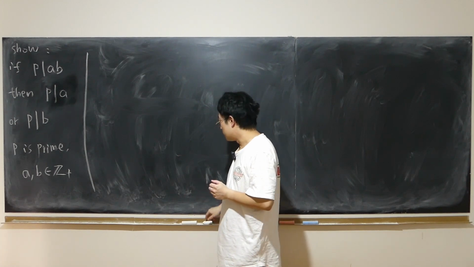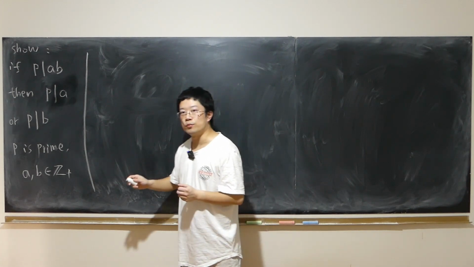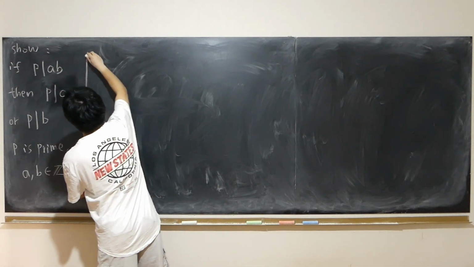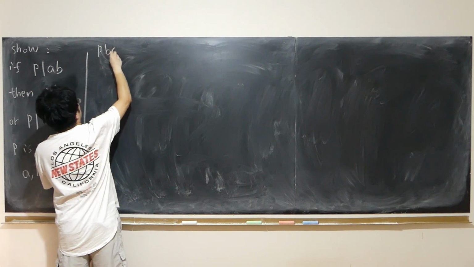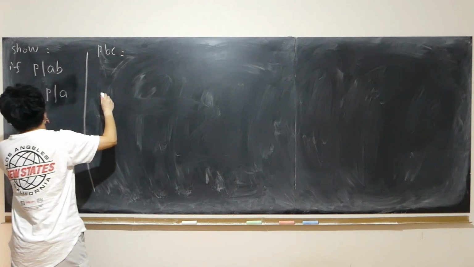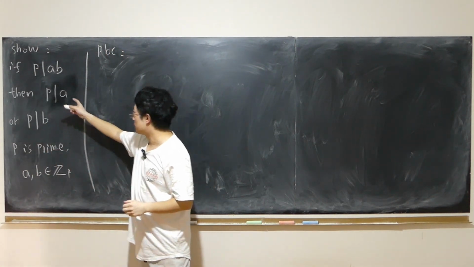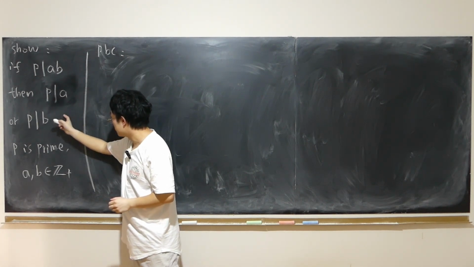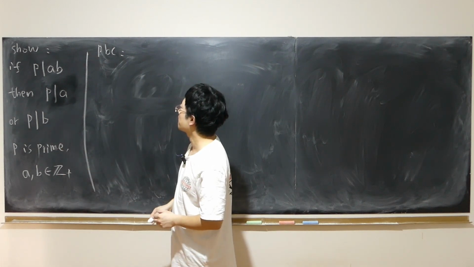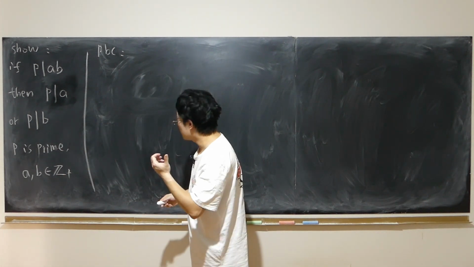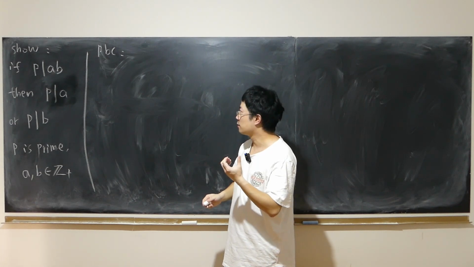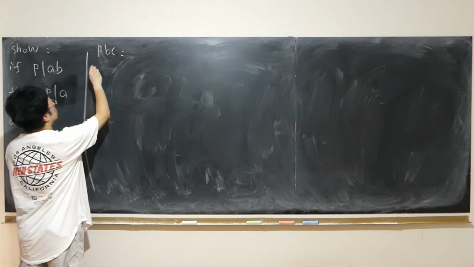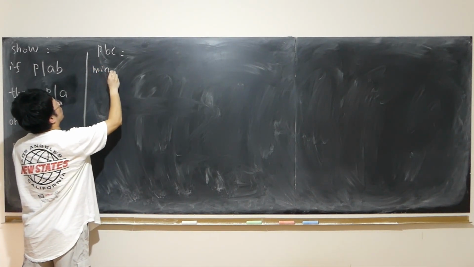I'm going to look at a proof that I just found from a textbook, which is fabulous. The proof goes like a proof by contradiction. We assume that there is some prime number that divides A times B, but does not divide either of them. So there must be a minimum P according to the well-ordering principle. There must be a minimum prime